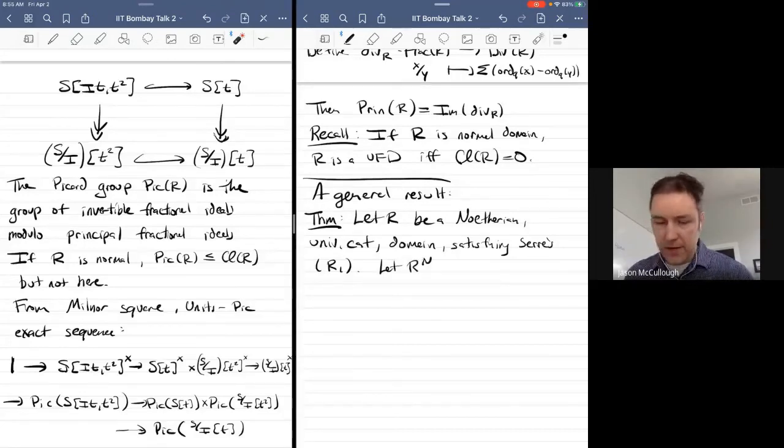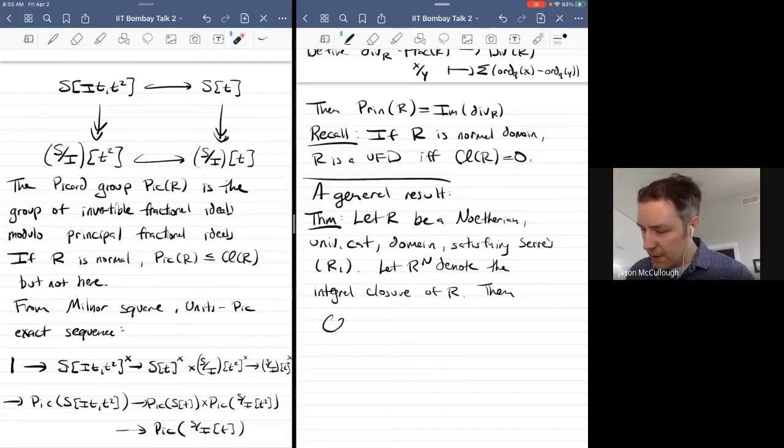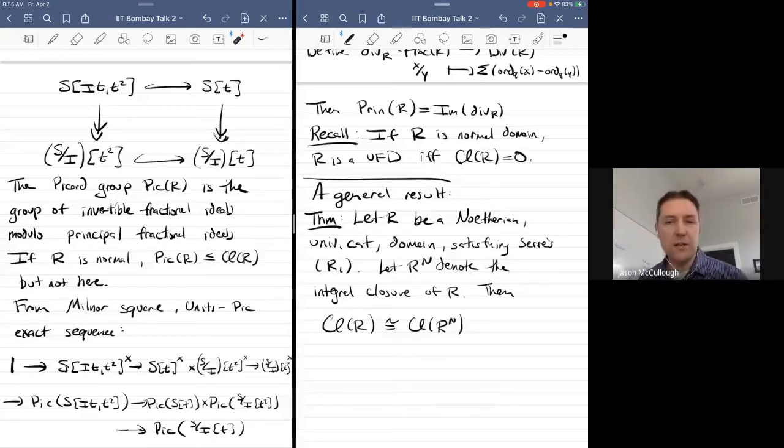Let R^n denote the normalization, or the integral closure, of R. Then, if I want to compute the class group of R, it suffices to compute the class group of the normalization. These two groups are isomorphic to each other. And so as a very quick corollary,